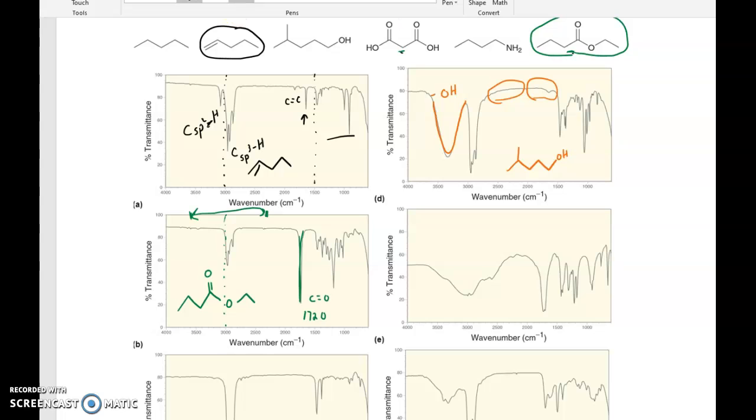This one, the next one here, has this broad absorption, this is the hydroxyl that's on a carboxylic acid. It's that long beard, and it also has the carbonyl on it. It's going to have this sword, a very strong absorption right around 1720. And so this is going to be